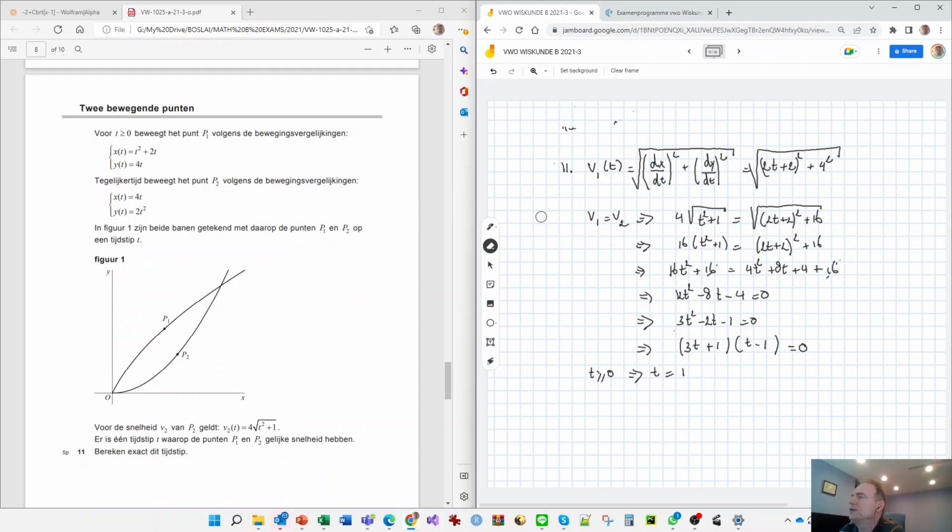Take the square root, and it has to be equal to v2, which is a function of t. So set these equal, and square them, put all the like terms together,